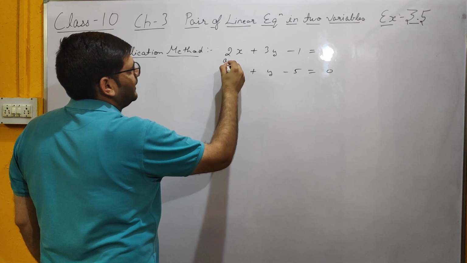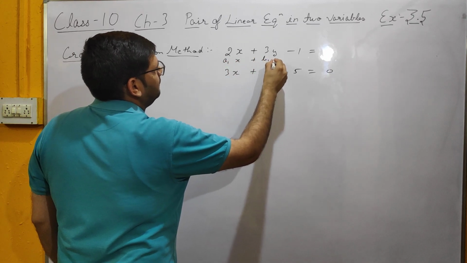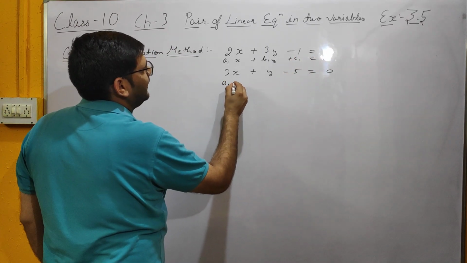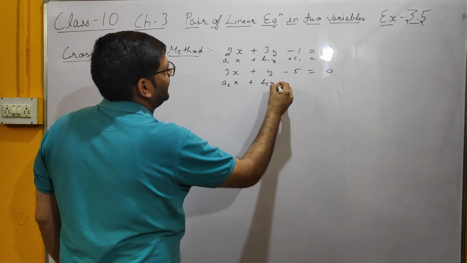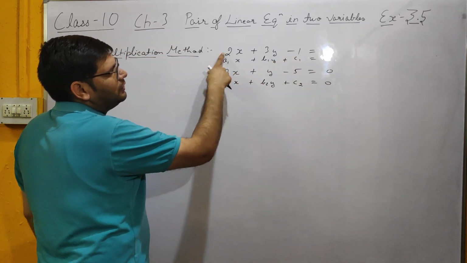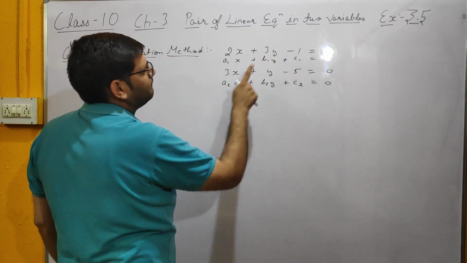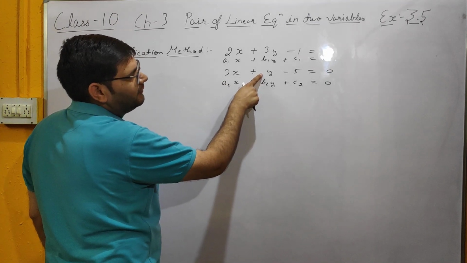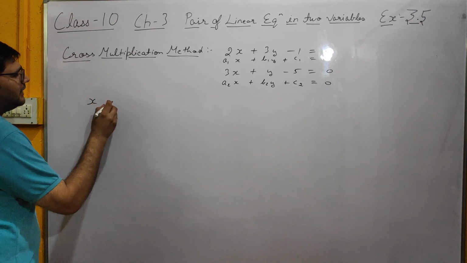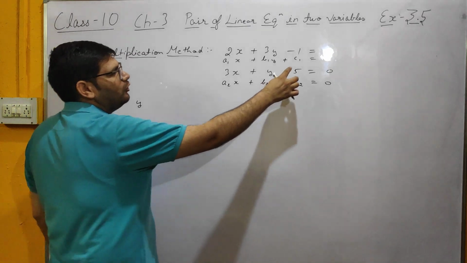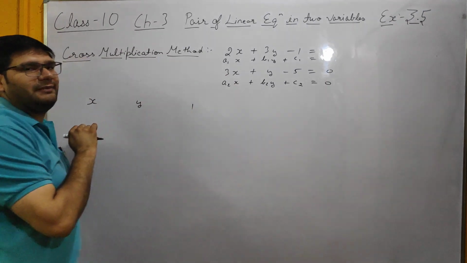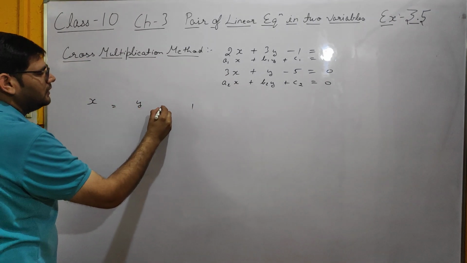So this will be a1x plus b1y plus c1 equals 0. Similarly, a2x plus b2y plus c2 equals 0. So you can see a1 is 2, b1 is 3, c1 is minus 1. a2 is 3, b2 is only 1, c2 is minus 5. So now we will write x, y, and we can see that the constant is towards the left side, so we will use 1. If it was towards the right side, then we would have used minus 1. Equal to,